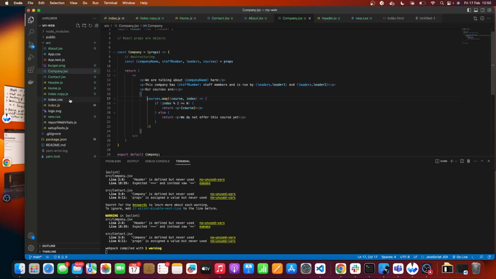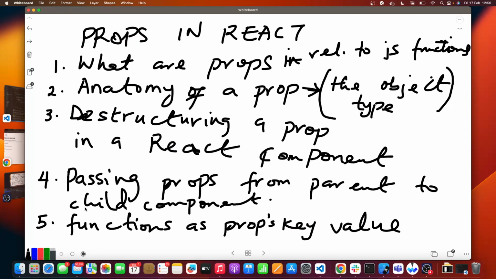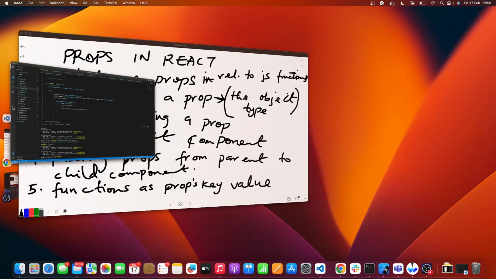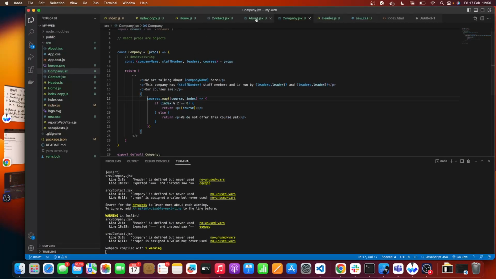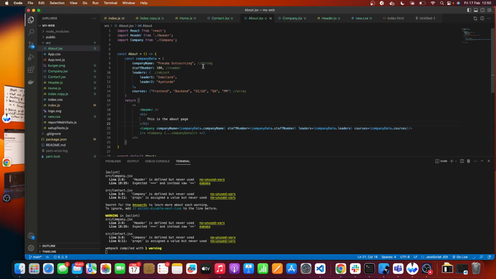Right? The last thing I want to talk about is functions as props key value. So when you go back to our about page, we already have string, number, objects, array. One more thing we can have is a function. So we come back here